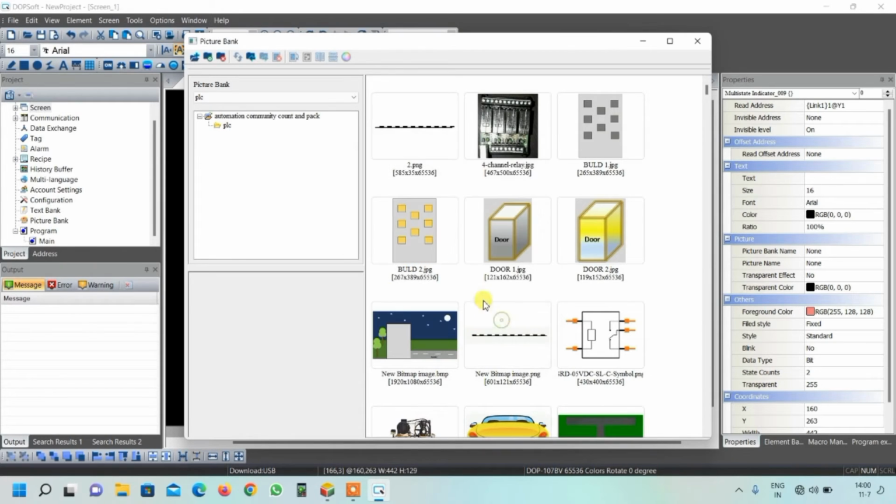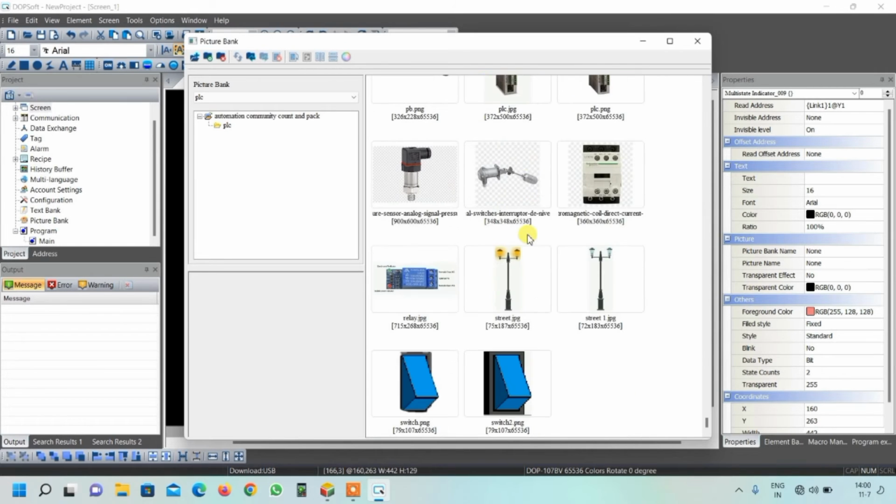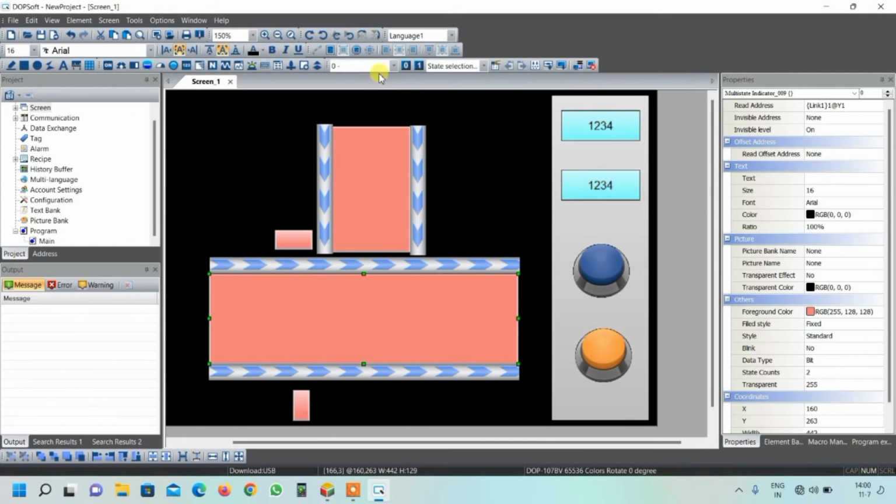So what will happen? Your folder will appear over here and your images will preview over here. So right now I'm just closing it because I have already added my folder. Now when I go in libraries, I will see my pictures. So I'm showing you. Here I want to show animation. So for animation, click on this icon, picture display. From here, click on animated graphic. There are 2 graphics, state graphic and animated. So right now I'm selecting animated graphic because